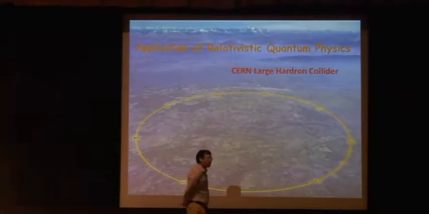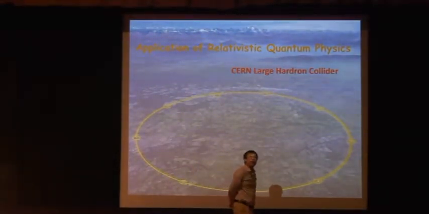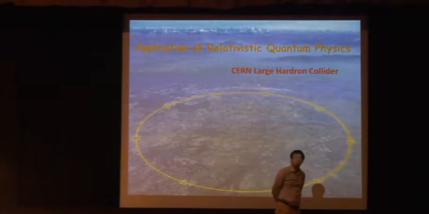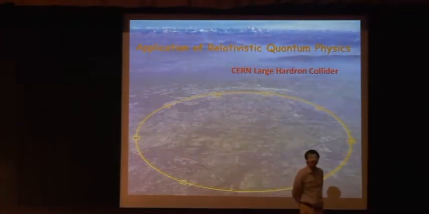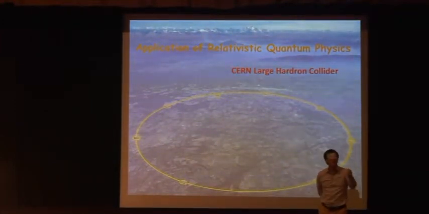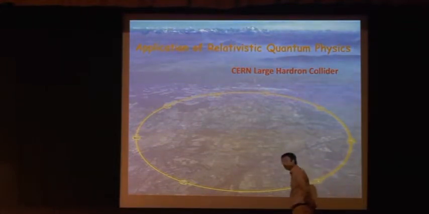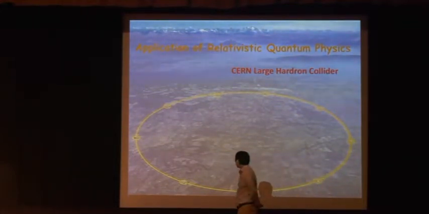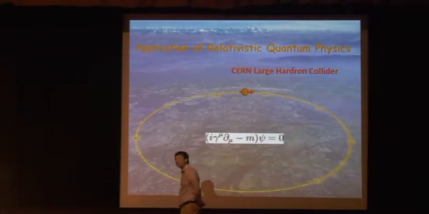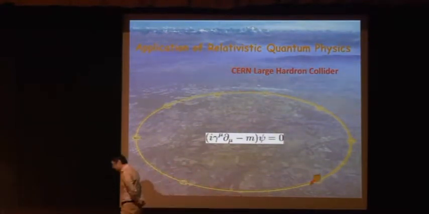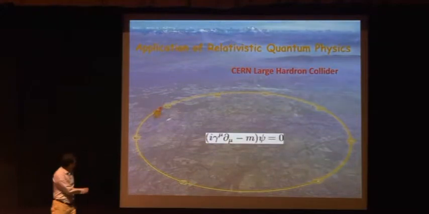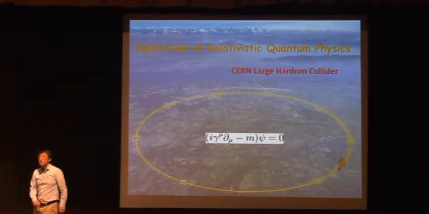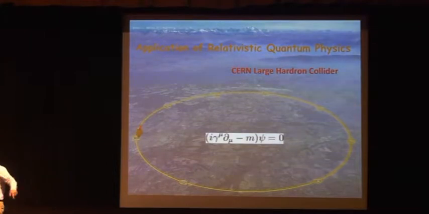Well, one way is to go to really large systems, the particle accelerators. Because as you see here, only when you accelerate the electron up to near the speed of light can this property be seen, right? Imagine that you have the Large Hadron Collider and you accelerate electrons in there. What you expect to see, according to the Dirac equations, is that the spin direction will be tied with its momentum direction. So whenever an electron is moving around this gigantic ring at close to the speed of light,